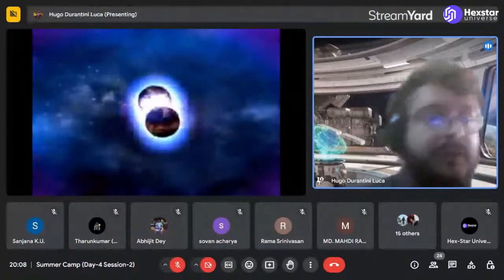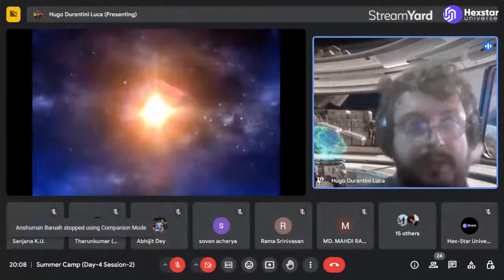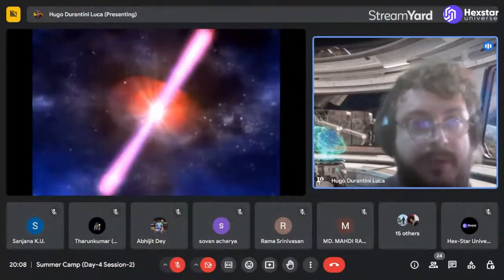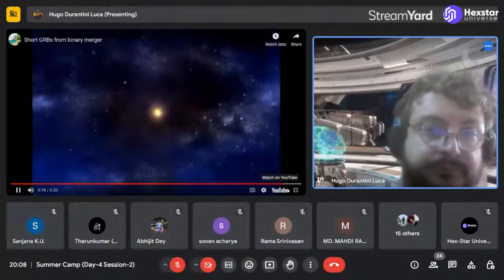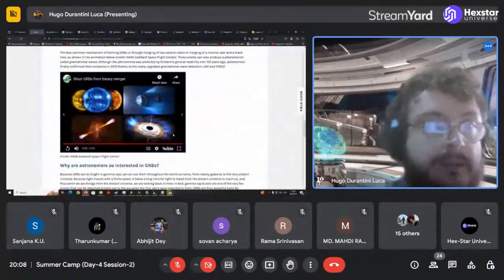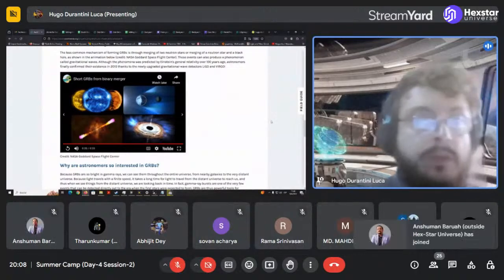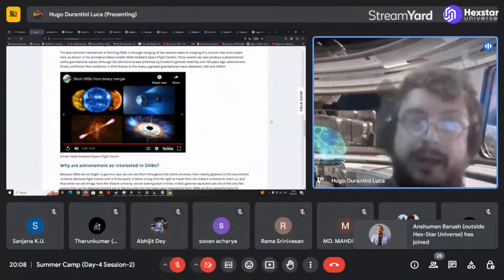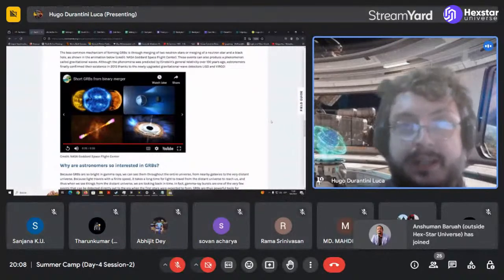And here we have another example when two neutron stars, you can imagine one of those being a black hole, merge, and you have the burst as a result. What we can equate this with the gravitational wave is that these are transient events.